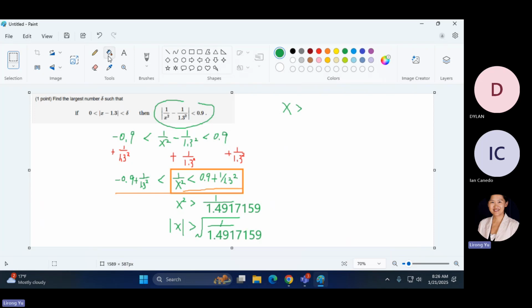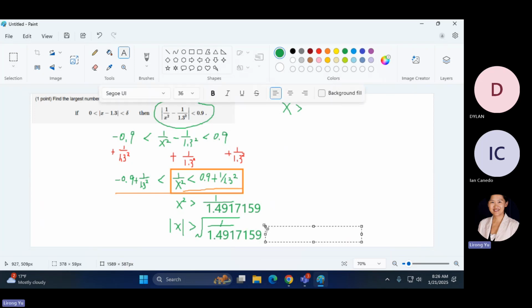So whatever is on the right side of the equation actually is this number, the square root of 1 over 1.9171. So that means x has got to be... now that we know the value, let me write it there. So one possibility is,